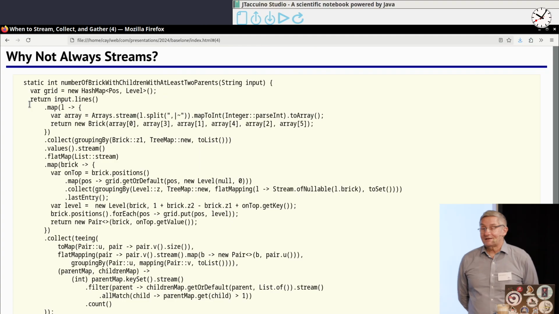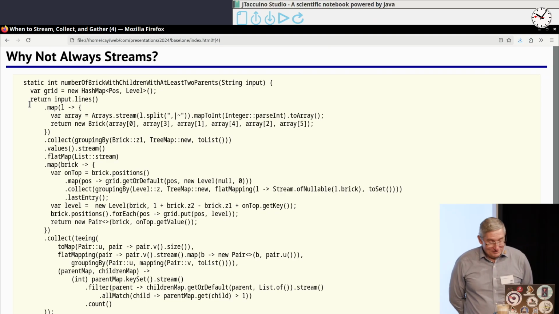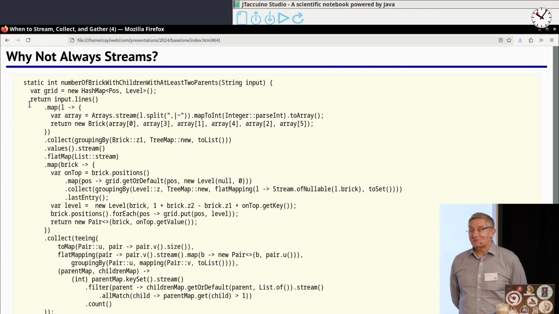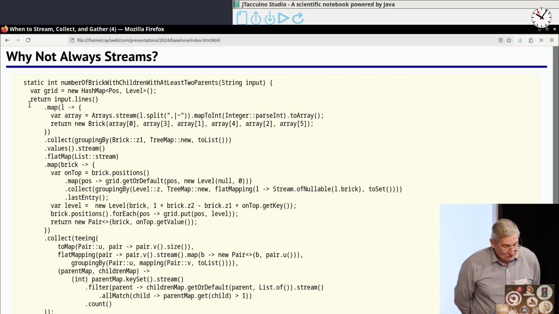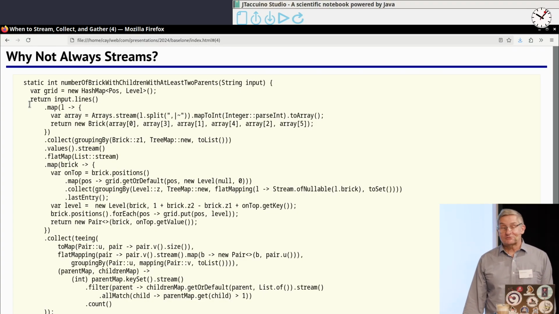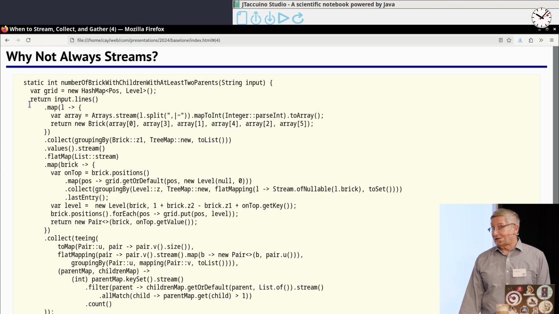And it's the latter point that I want to dig into more in the talk today and see how valid it actually is. So why don't we always use streams? As a negative example, I want to cite this beauty that I got from a collection of solutions to the Advent of Code problems from last year by Rémi Forax. The Advent of Code is this coding competition every day. There's a part 1 that's pretty easy, and a part 2 where you're supposed to take your part 1 code and turn it into something that solves a much more complicated problem. And he's done all of the part 1s with streams and only streams and nothing else.